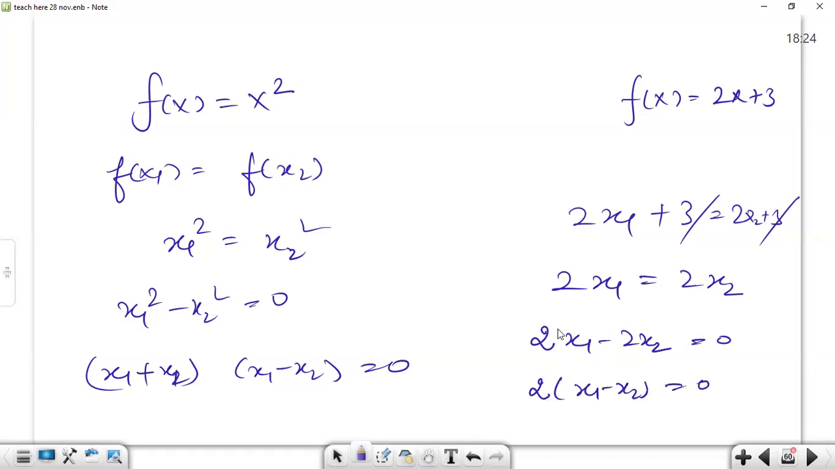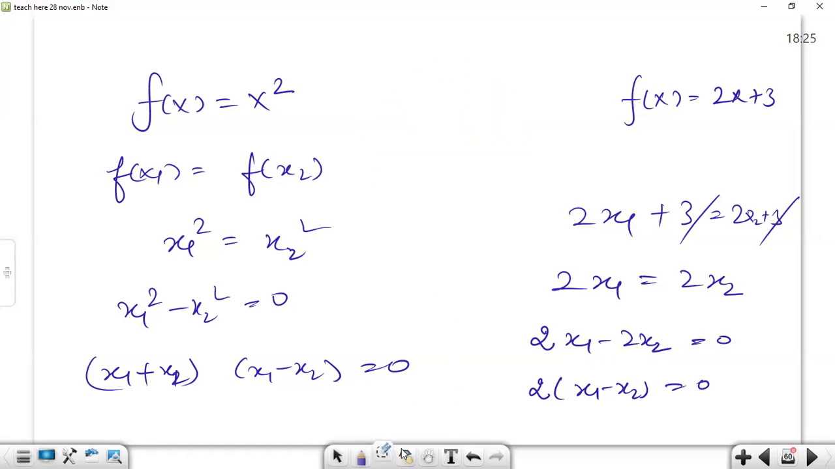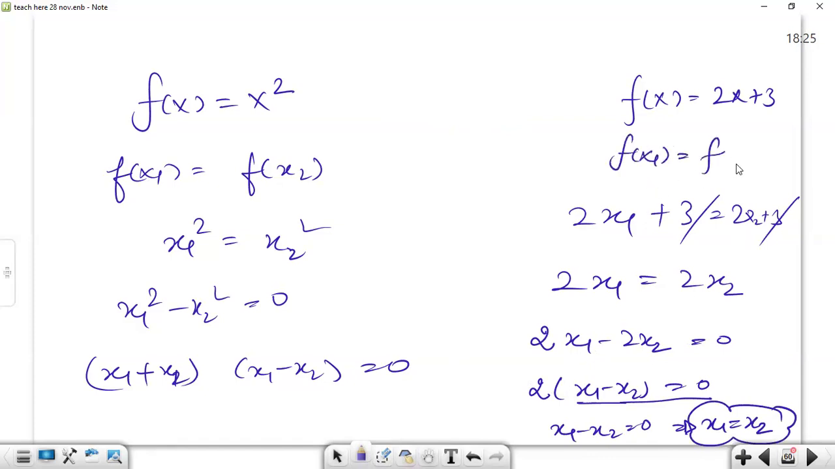Now 2 can only be 0 if m is 0 or n is 0 or both are zeros. Okay, so when we discuss this particular equation, 2 cannot be 0. So x1 minus x2 has to be 0, and this shows that x1 is equal to x2, which means that if we consider f of x1 equals f of x2 and the result comes like this,